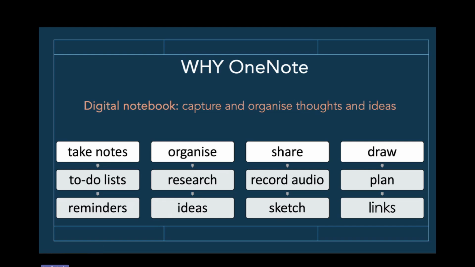I used to love, and I actually still use it as well, the Apple Notes, because I use a MacBook and I have an iPhone. So the notes on Apple, if you're familiar with that, this is very, very similar. But OneNote still wins. It actually still wins regarding all the different things that you can do in OneNote.